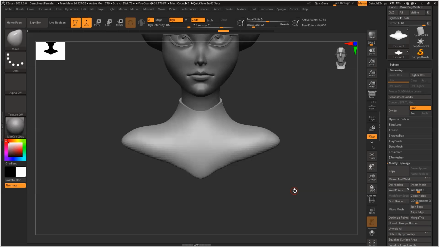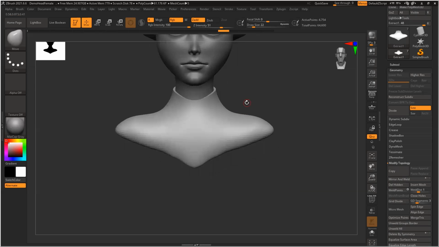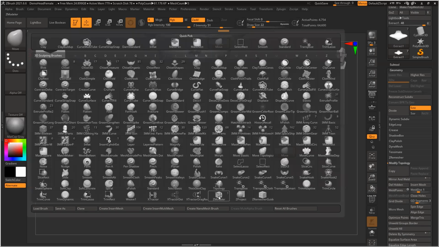Sir, how to select one by one faces, single faces in ZBrush? Single faces, like for what you want to do? Like sometimes it will be difficult to select only some faces. It will not be selected. If I'm going to select, it will select more faces. That's what I want, to select single faces, and I have to delete those edges. Then the easiest way to process is to use ZModeler.